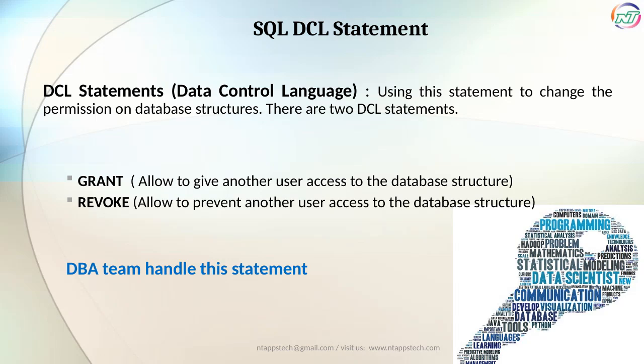In SQL, Data Control Language, or DCL, is used to manage permissions on database structures. There are 2 main statements in DCL: grant and revoke. The grant statement allows one user to give another user access to certain parts of the database, such as tables or views. On the other hand, the revoke statement is used to remove or prevent access that was previously given